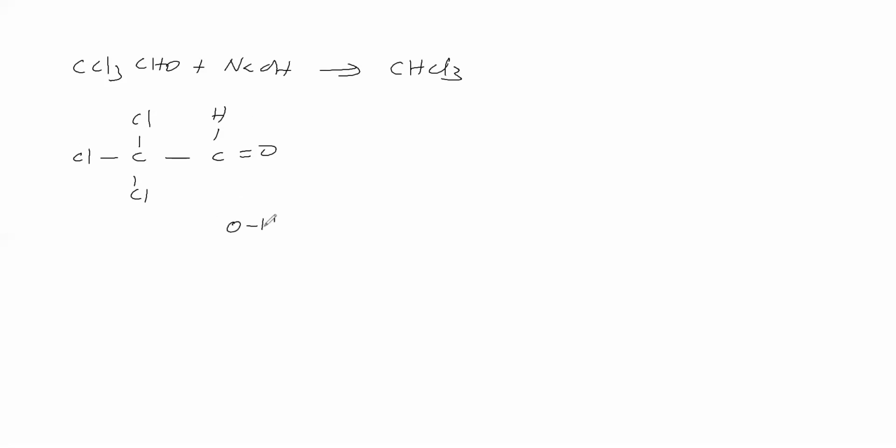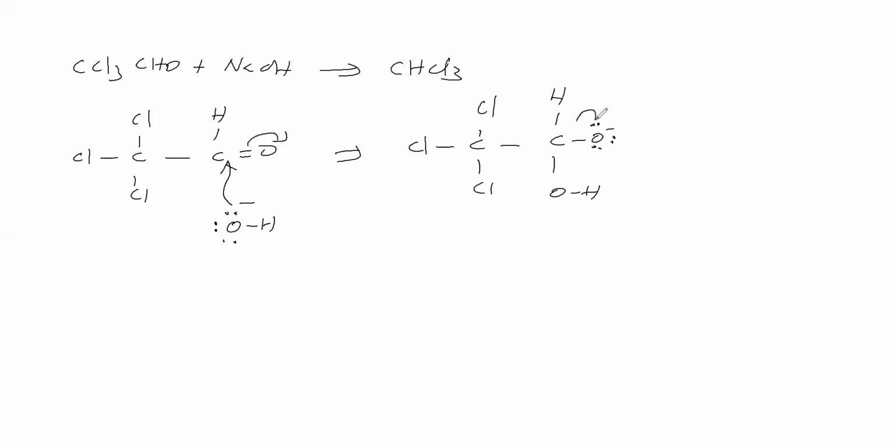Now we will take OH minus. Sodium hydroxide gives OH minus. This OH minus attacks here. This bond is migrating. Therefore, we will get this: here O minus, here H, here OH. Next, this O minus has lone pairs. This lone pair is migrating like this, and this bond pair is migrating like this. Therefore, we will get CCl3 with a lone pair and negative charge on this carbon, and HC double bond OH.